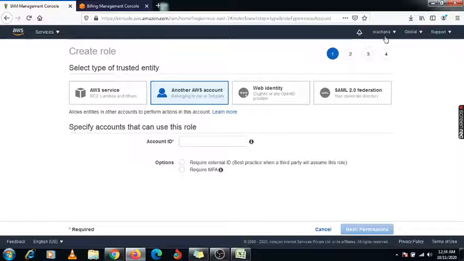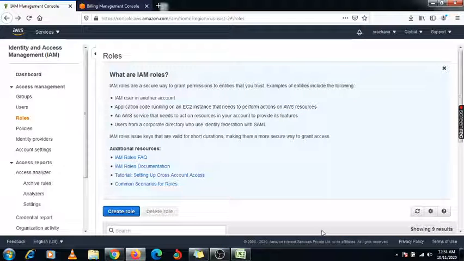I am logged in with my Yes Rachna ID. If you have another user ID, you can put it here and click on next permission, and accordingly you can assign that particular service. If you want to provide some EC2 related access to that other user account ID, you can put that ID here and provide that particular service role to the user in the other account. So these are the options provided under these roles.